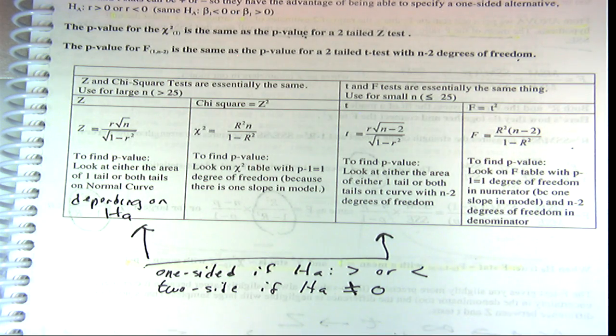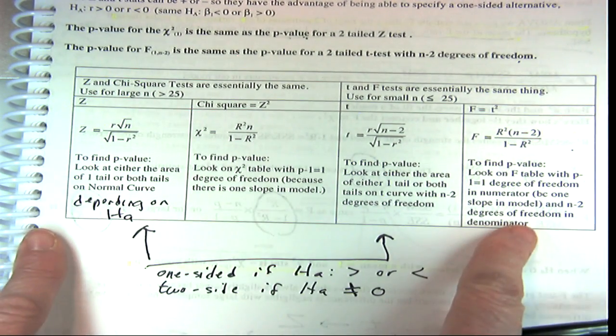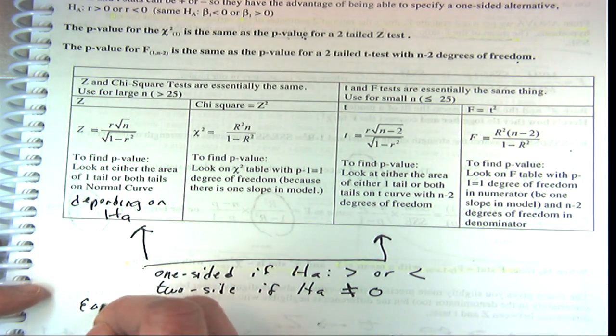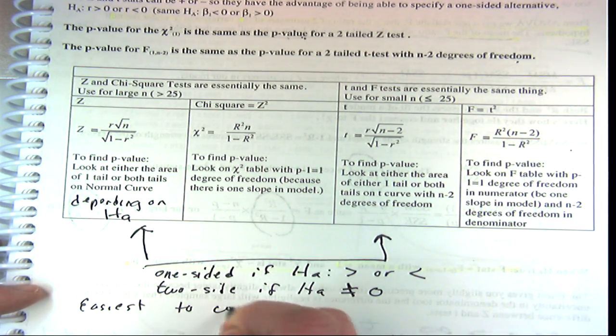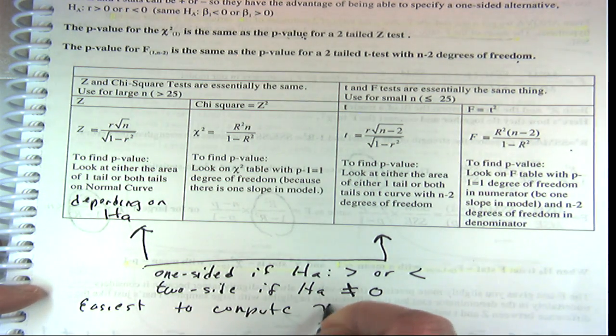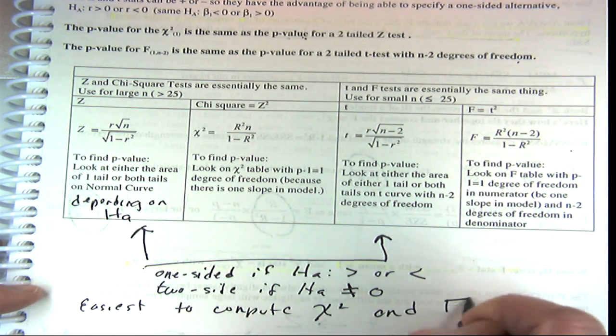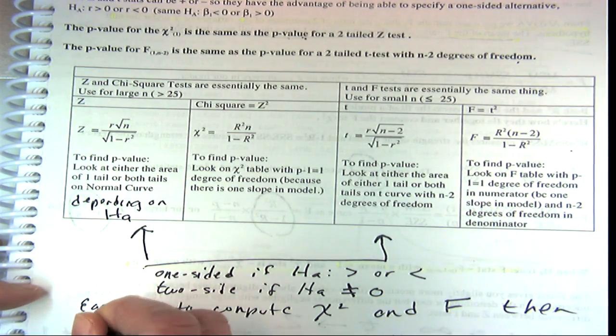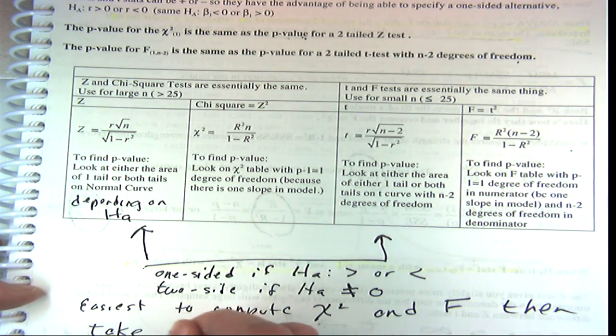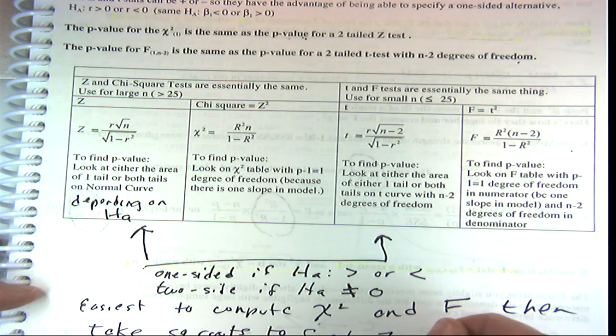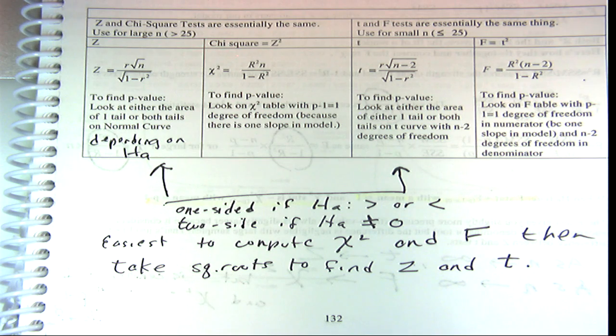And I think it's easiest for both of these, if you want to fill out a chart with all of them, to compute the chi-squared and the F, and then take their square roots. So that's pretty much it. And so you'll do a homework like that, fill out a chart like that. Okay, so that was a lot to digest, I know, but